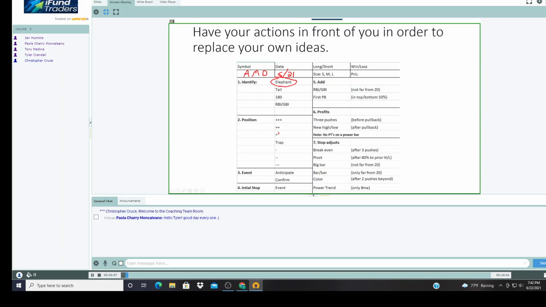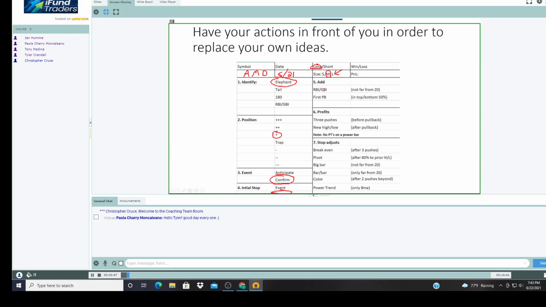First thing, you circle the position. Did you anticipate or confirm? What was your initial stop? Maybe it was max loss per trade down here. Was it long or short? Did you win or lose? All that can be at the end. If it was an event stop, would you consider the size small, medium, or large? How do you know how big to go with that? Like, if your stop is max loss per trade, then it's actually large, right? Because that's the most you should ever lose, right?